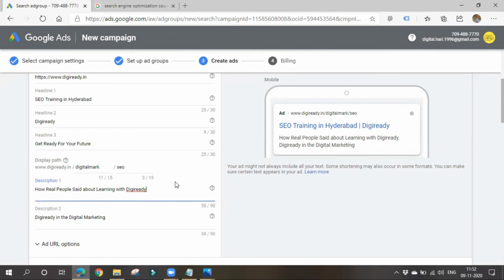It will be shown like this, guys, but it is not the original URL. It is just for showing off to your customers, so that they will understand that when I click here, this will navigate me to an SEO kind of page.